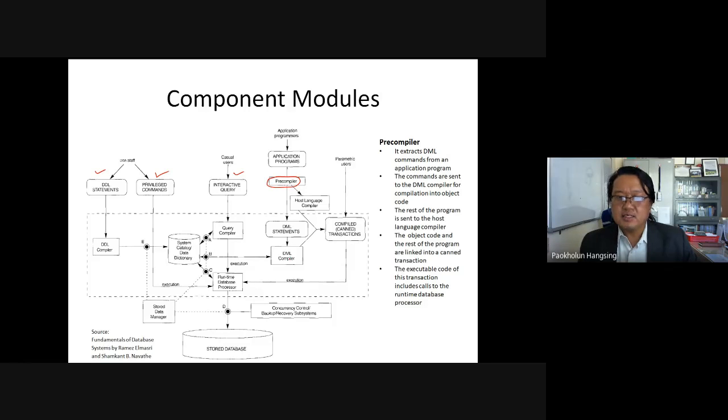Then the commands are sent to this DML compiler for compilation into object code. Okay, object code. Then the rest of the program is sent to the host compiler. Then the object code and the rest of the program are linked into a chain transaction. Okay, chain transactions. Then the executable code of this transaction, ultimately you will have an executable code out of this